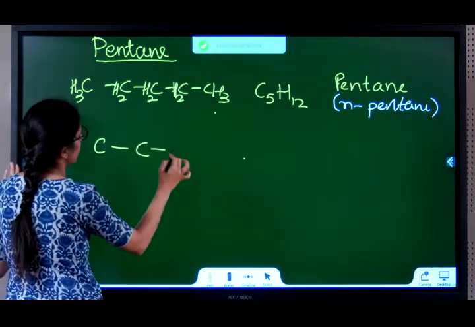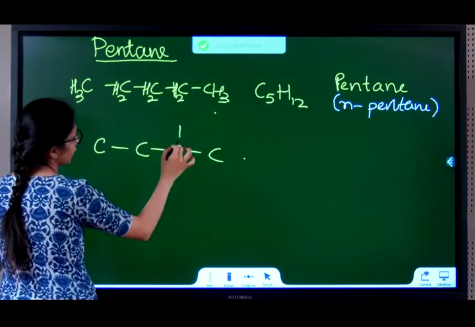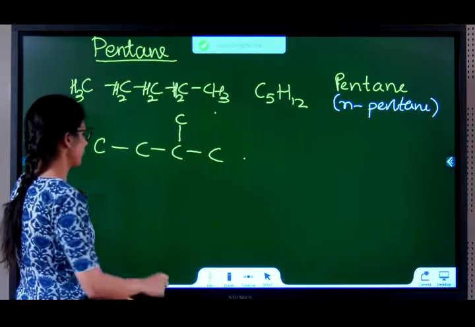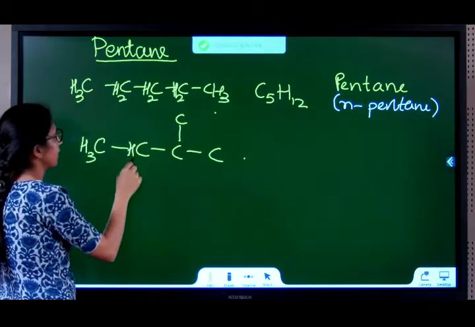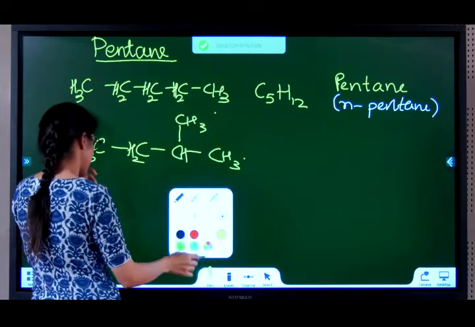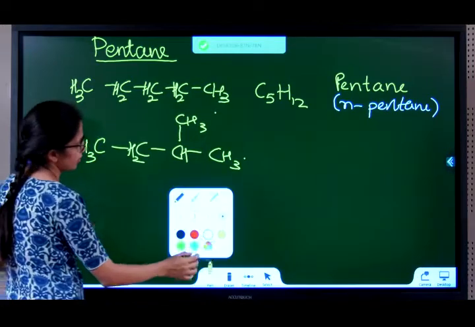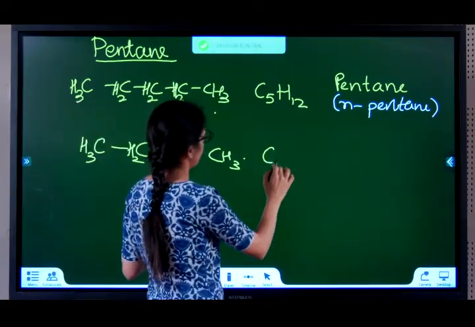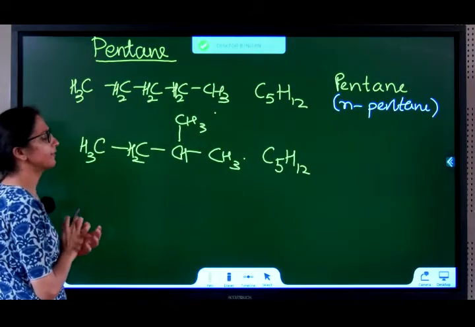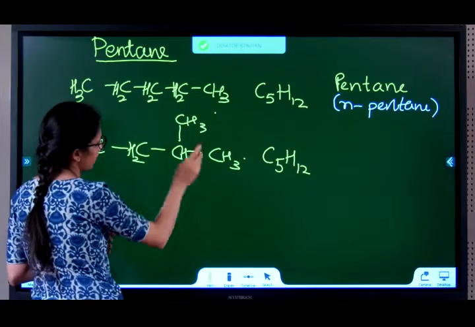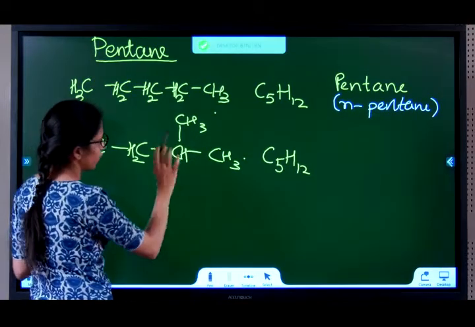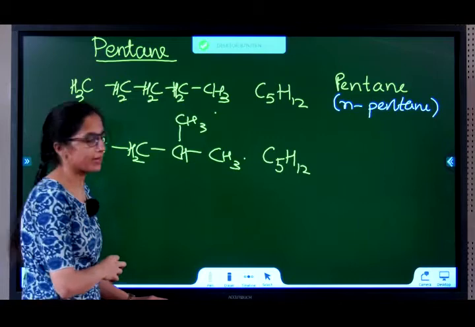Now my 2 options are, let me put it over here. Fine. So I put this carbon here now. Put the remaining H's, H3, H2, H, H3, H3. Okay. Count the carbons. You have 5 carbons and formula C5H12 itself. Okay. Now is it different? Yes, it is obviously different because even if I switch it back, I won't get the same answer. If I put it down, it's the same as this what I have written. You can put down or up, anything is fine. I taught you the difference in the previous example.